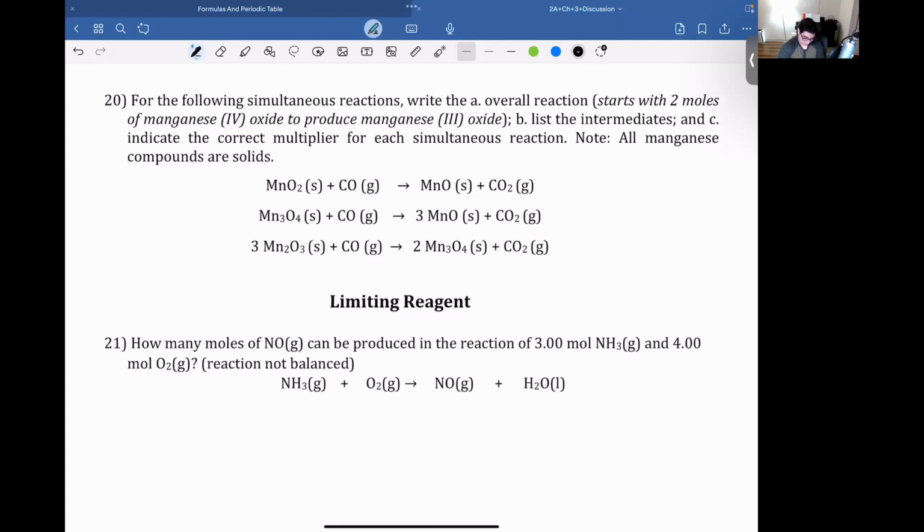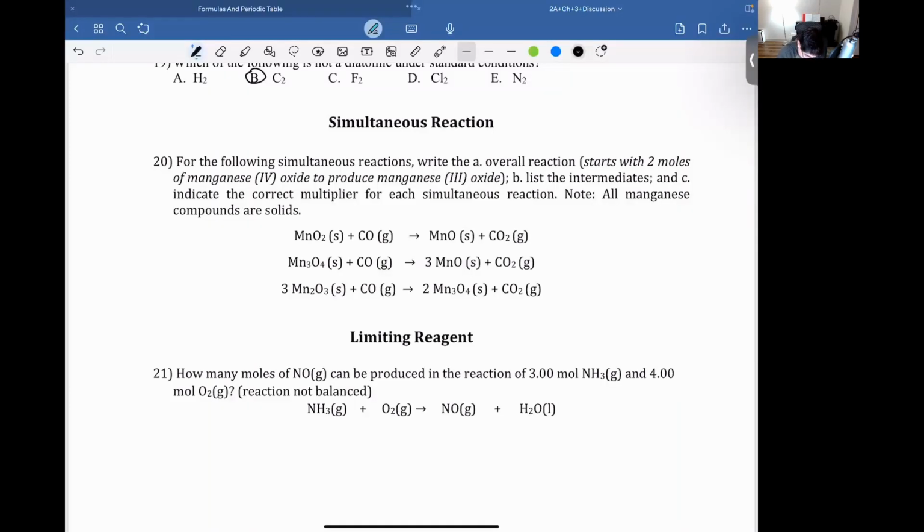Okay. So this one is quite long. I don't think you have learned Hess's law at this point, but it's similar to Hess's law for enthalpy and stuff like that, but you haven't learned about that. So how do you do this one? Well, first you want to start with MnO2 from what they tell you. So we're starting with 2 moles of this reaction, right? So I start